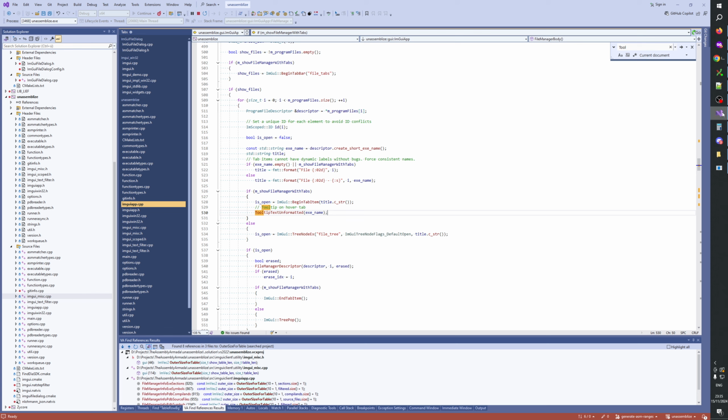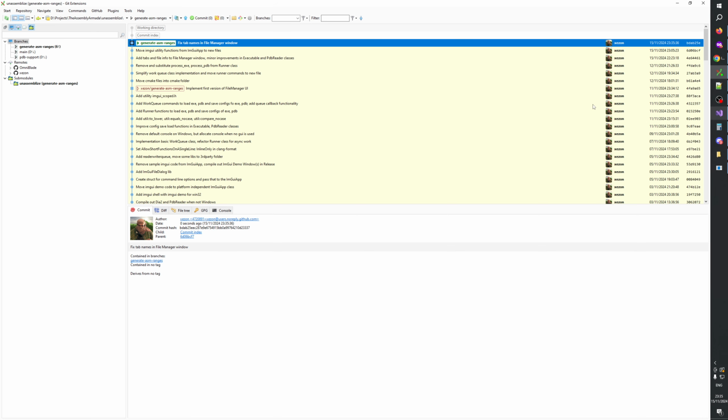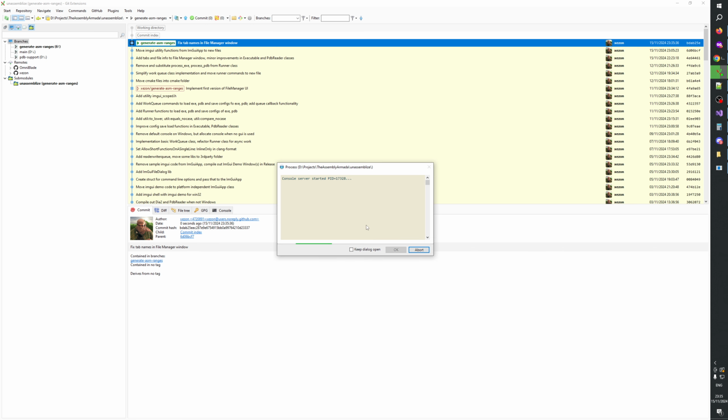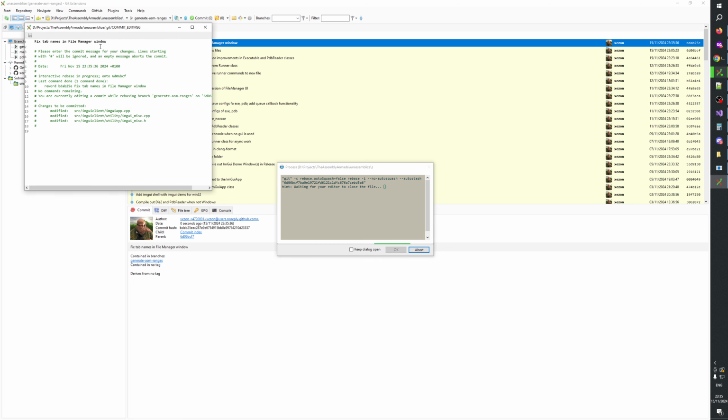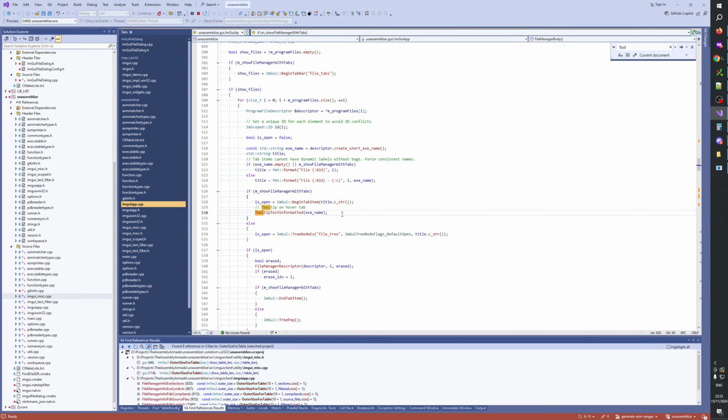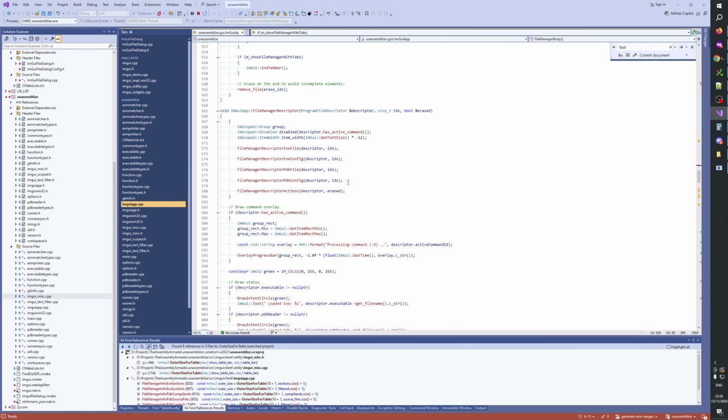Okay. Maybe we revert commits. Fix tab name glitches. File manager window. There we go. Okay. Good. So what we need is